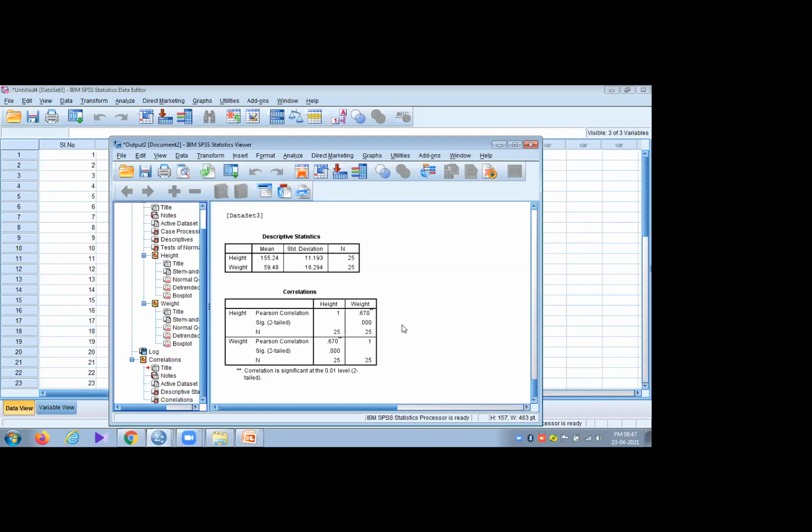So relationships can be either significant or non-significant. But if we observe any positive or negative value in r, we should report it. So between height and weight, we got a positive correlation. As it is 0.670, we can say that it's a moderate positive correlation.